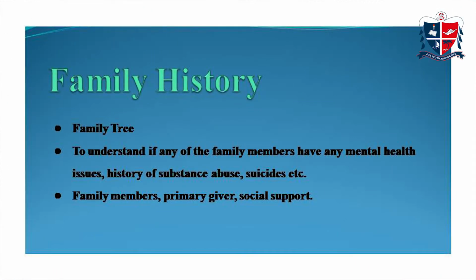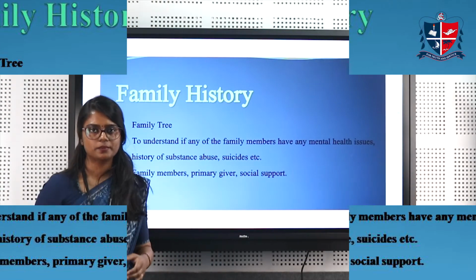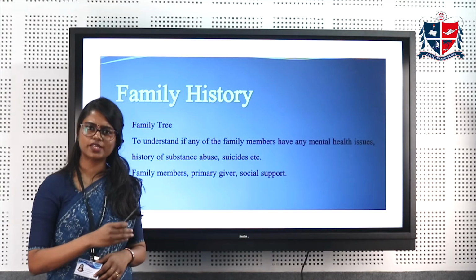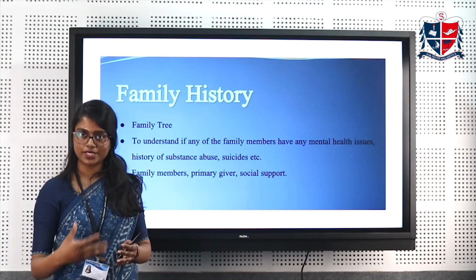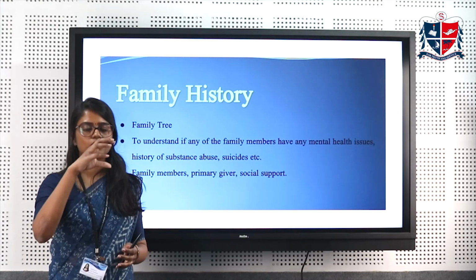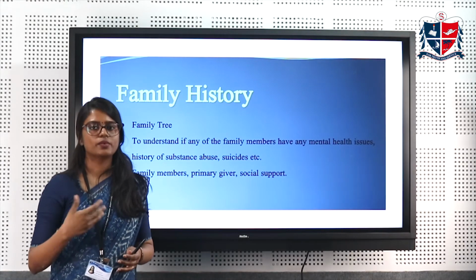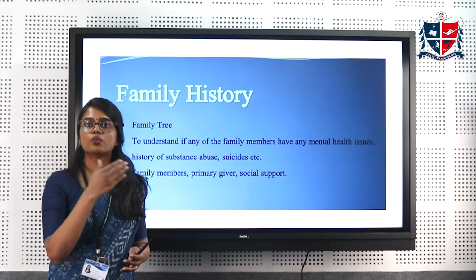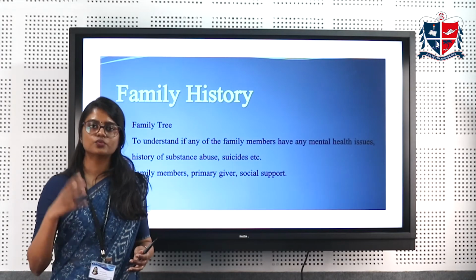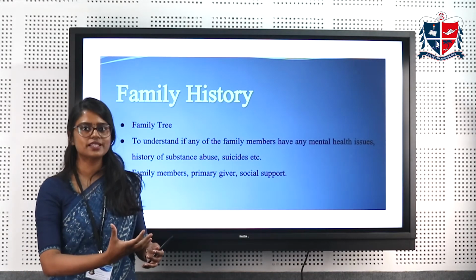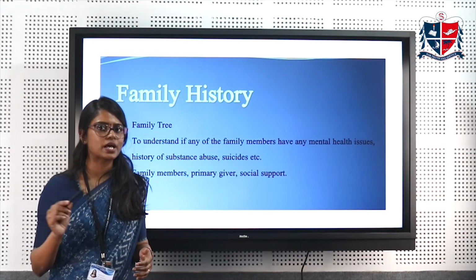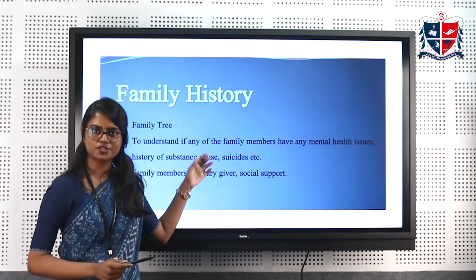So next we are moving on to family history. This is also a very important part. Here you can start with a family tree, because a family tree is very easy to understand. With a family tree, we'll be able to understand who the members of the family are, whether there was anybody else in the family who has a history of mental illness, and what the relation is to the client. So you can always draw a family tree in the beginning of the section